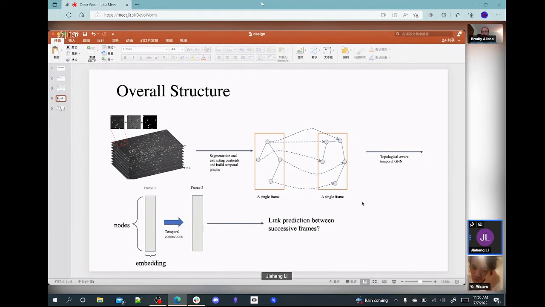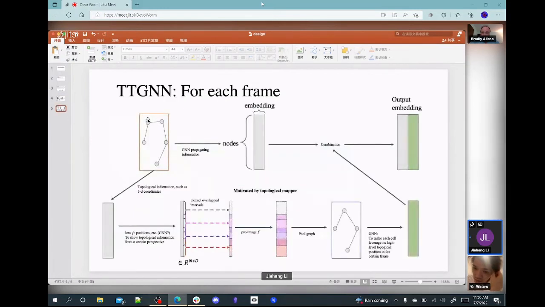So as for the graph of each single frame, we will consider the TT-GNN, which is the topological aware temporal graph neural network. And this is a graph neural network which combines an ordinary graph neural network and